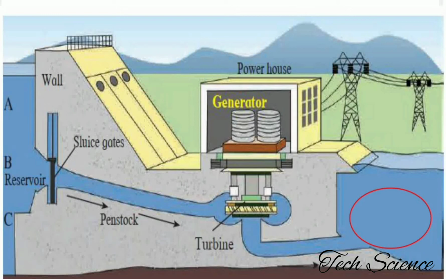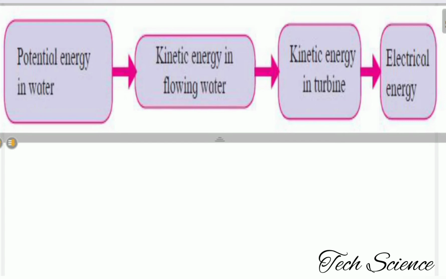Okay, now it's time to move on. What about the flow chart for electricity generation regarding the hydroelectric power plant? Okay, hi friends, this is the execution flow chart for the energy transformation of the hydroelectric power station, where, as I just told you, backwater is used, which is stored in the reservoir section of the dam. This backwater has a tremendous amount of potential energy, and we have to use this energy to generate electricity.